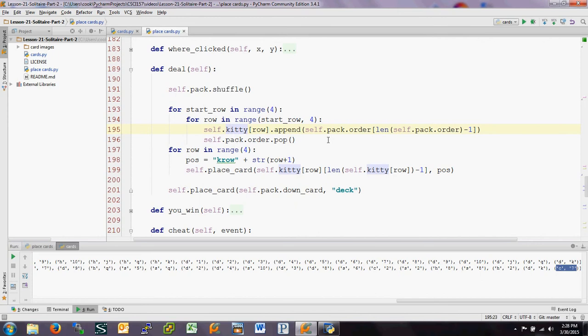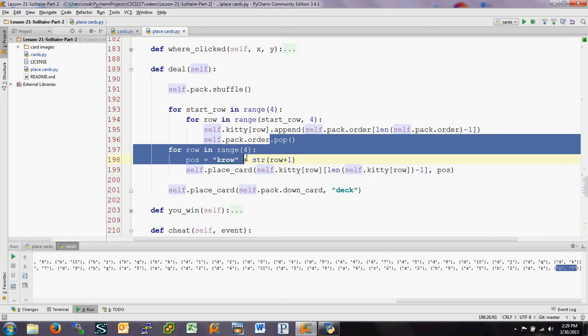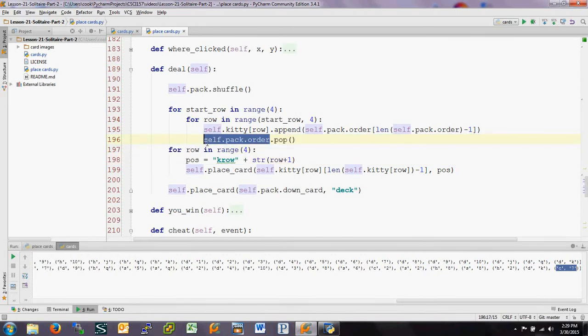And then on the deck, self.pack.order, we're going to do what's called a pop. Pop basically says, oh, this is a list. So this thing is a list. That's our deck. Take the last thing off from that list. So after we do pop, this will be removed and will be on the kitty list. So again, we go through the entire kitty and form the kitty list, and then when we're done, what we